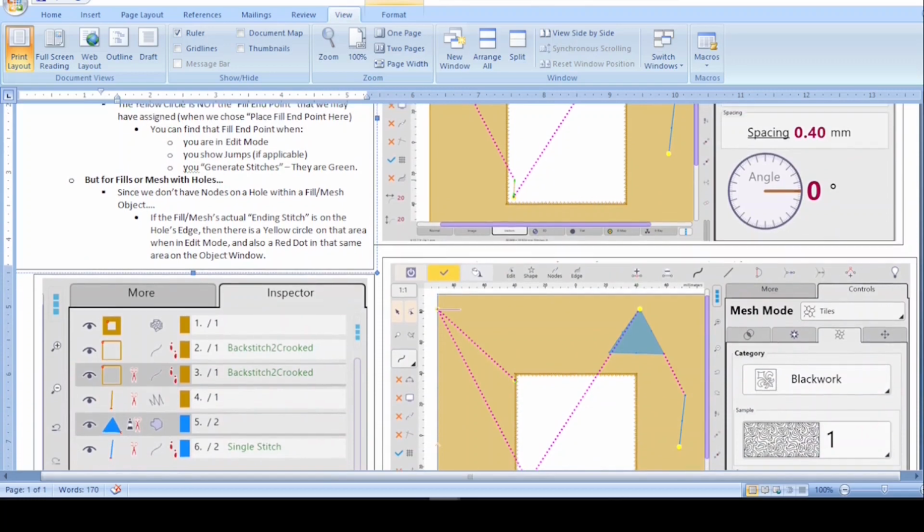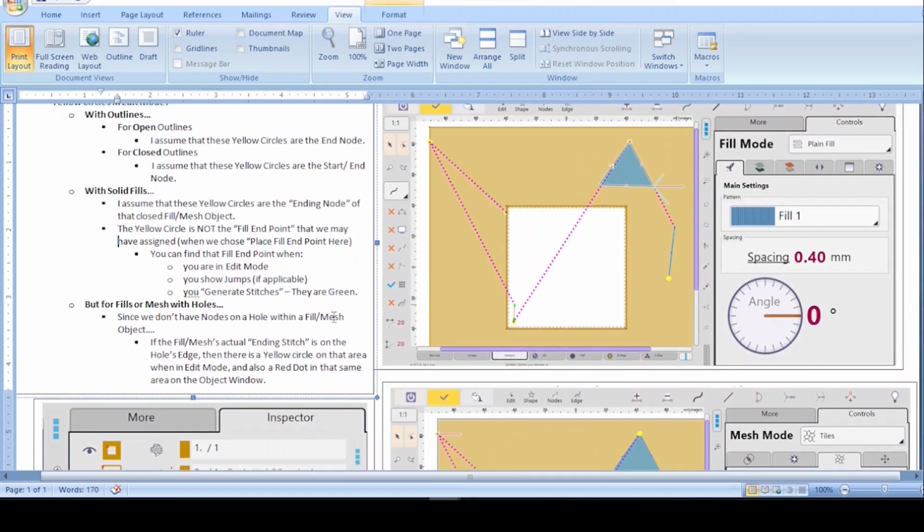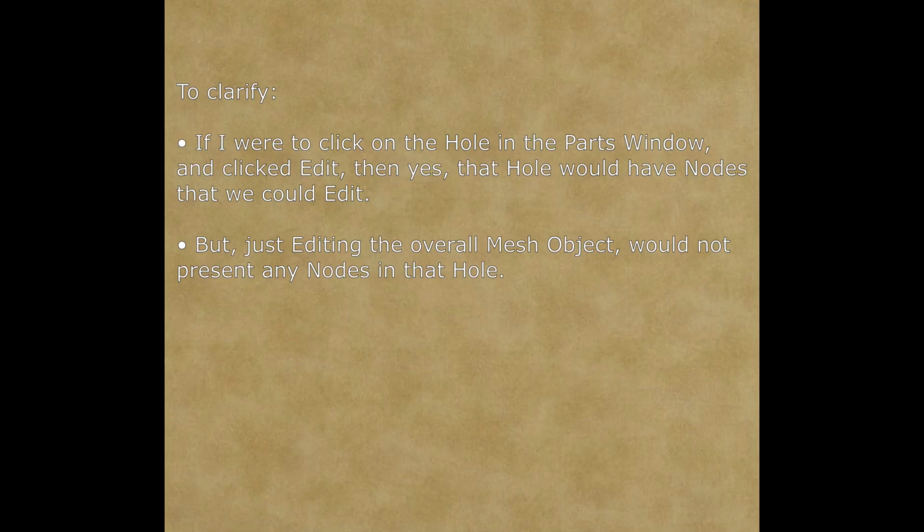I'd have to show you. I'll go back to the screen and I'll delete the outline and show you. But at any rate, here's what I'm thinking, why they have to put something on this ending spot for the mesh. They have to put this yellow circle here because since we don't have nodes on a hole,